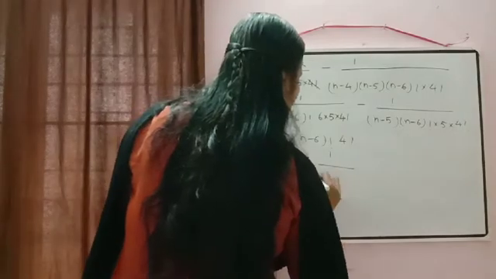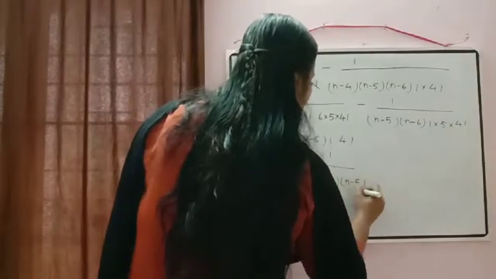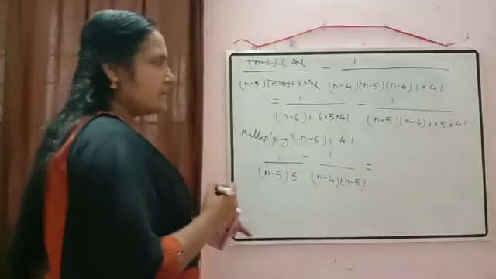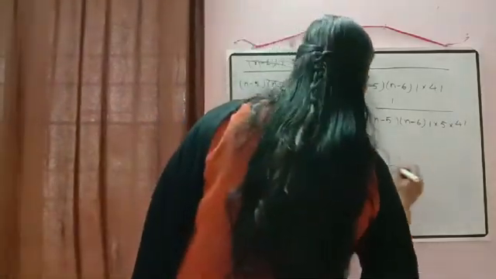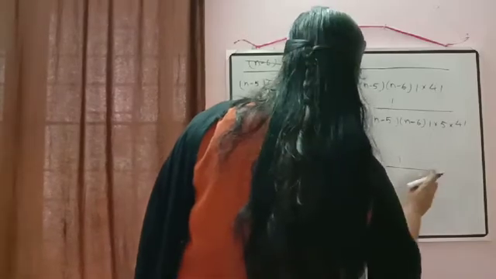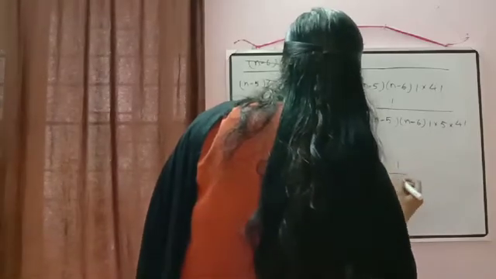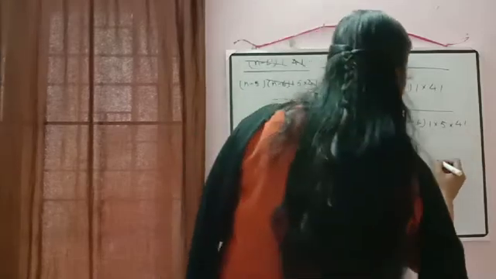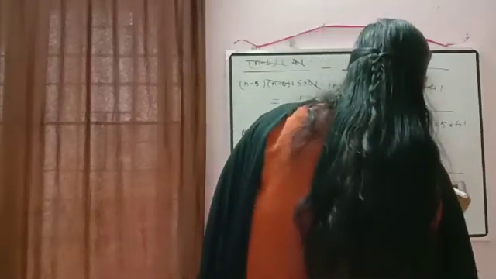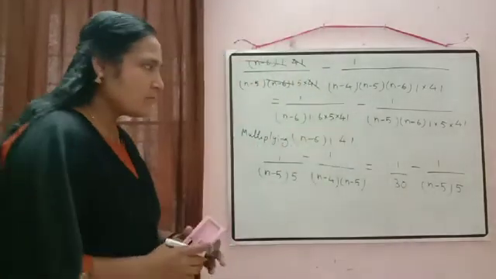Remaining, it will be equal to n minus 4 into n minus 5, is equal to, here n minus 6 factorial and 4 factorial cancelled. Remaining it will be equal to 1 by 6 into 5, so that we can write 1 by 30. Minus, here what will remain there? n minus 6 factorial and 4 factorial cancelled, so remaining is n minus 5 into 5. Correct?